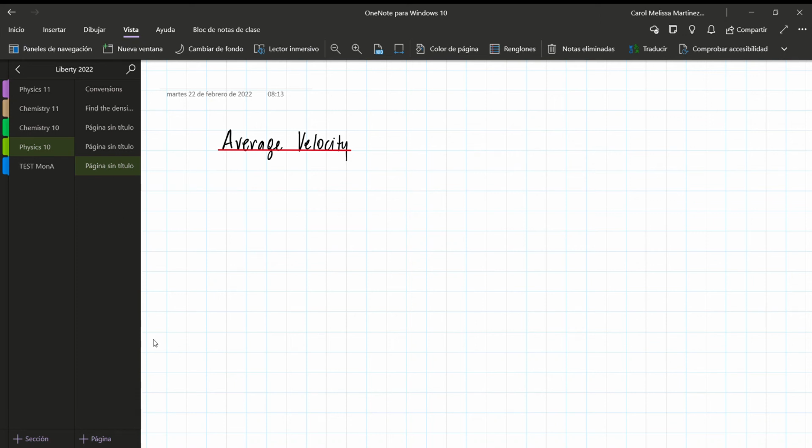Okay, hi guys. I will explain to you today about average velocity. First, we need to define what velocity is. The term velocity talks about the speed of an object. What is speed? It tells you how fast or slow something is. Okay? Now, the definition of velocity